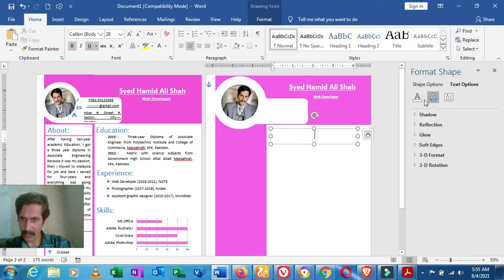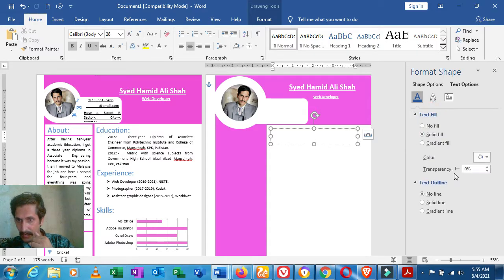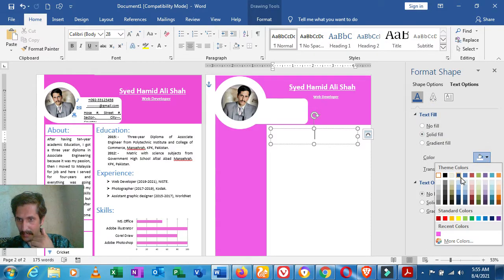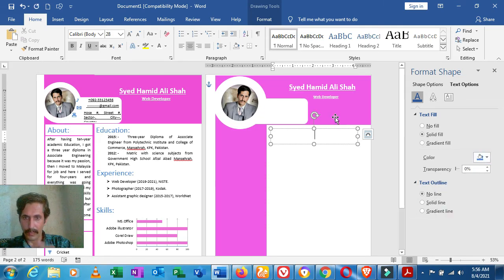So click on text option and then text fill. I will select text color here, blue color. So after that I will select it and here